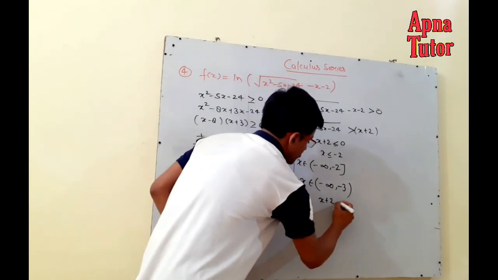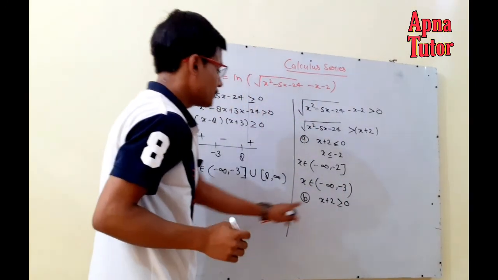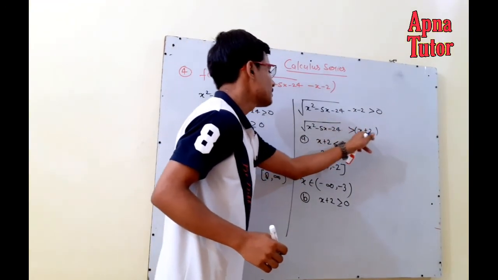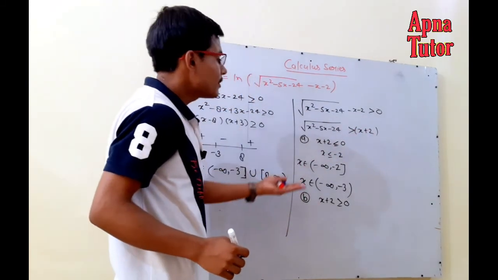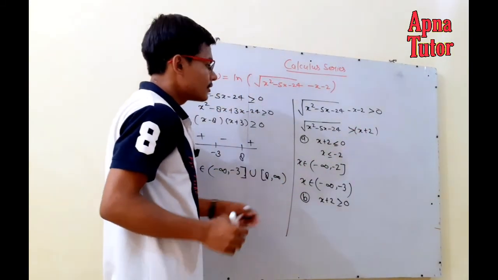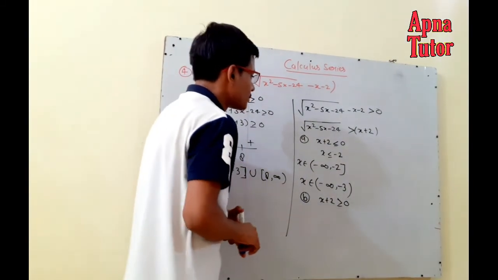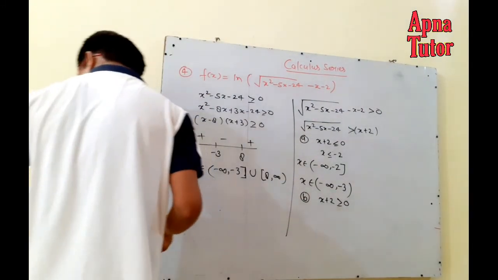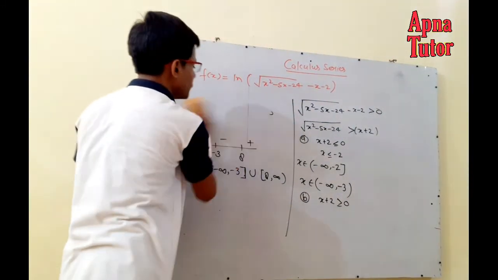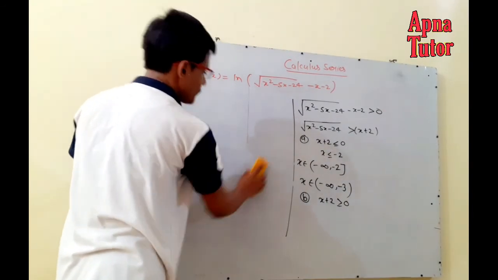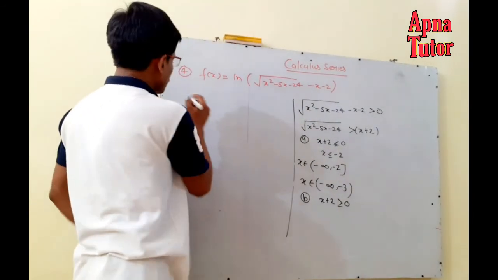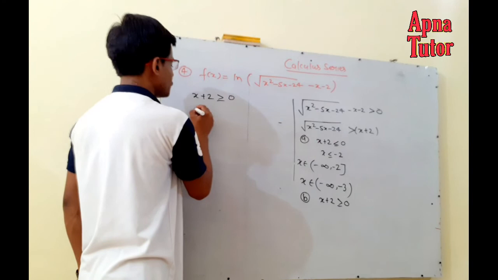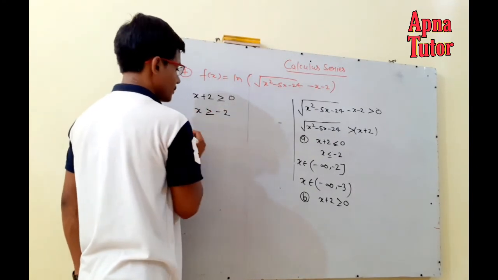Okay. Now take the second case. x plus 2 must be greater than 0. So when this part is greater than 0, the left hand side and right hand side both are positive. So you can square, and when you square, you will find the values of x. So let us do it. No need to keep this part, I will do it as rough work. For the second case, you have x plus 2 greater or equal to 0, which means x greater or equal to minus 2.